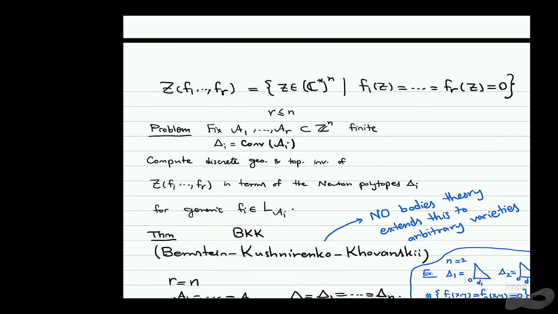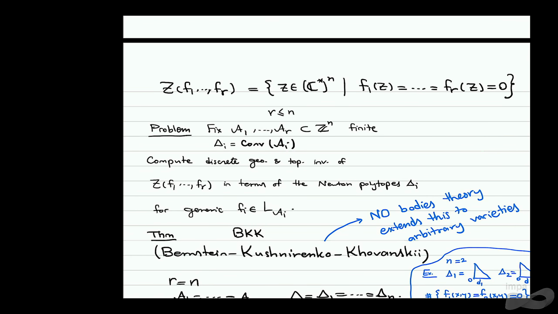So generically you have a finite set of points. That finite set of points only depends on the choice of A1, ..., An, not on the choice of generic coefficients for the polynomials. And so the question is how many points are in this finite set, or how many solutions the generic system has. And then famously,